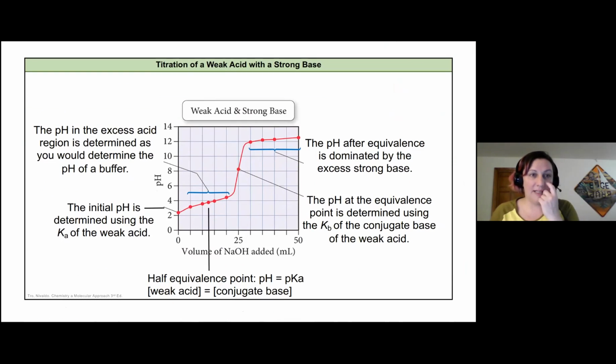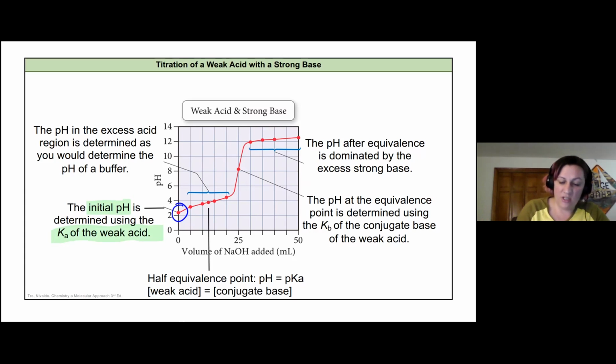So here is a summary of some more information about what we just talked through in general terms. When we start out, our initial pH is going to be determined by the Ka of the weak acid, because we don't have anything else around. As we go through our titration, we're going to hit this buffer region right here,